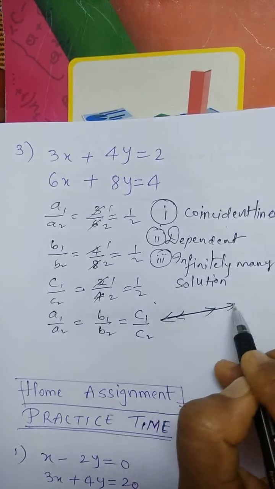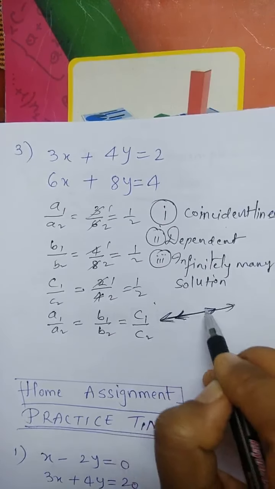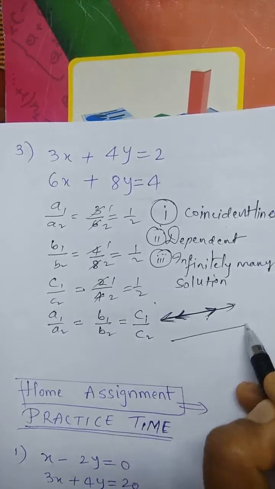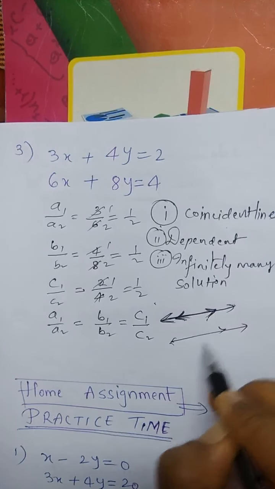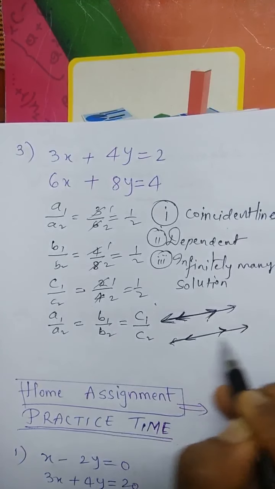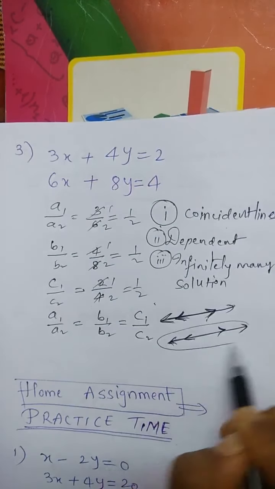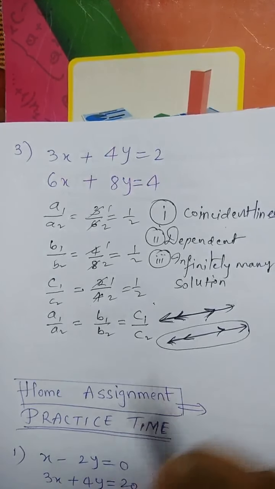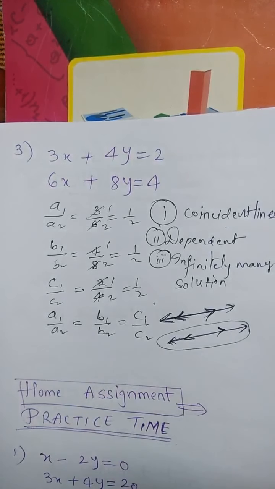How to show them? One line and there is only one more line on it. So they are coincident lines. You have drawn in the graph one line. If you draw one more line, then it will be over this only. Okay. So like this, you have to draw dependent lines, and you can see that many points are common in them. So these are having infinitely many solutions.